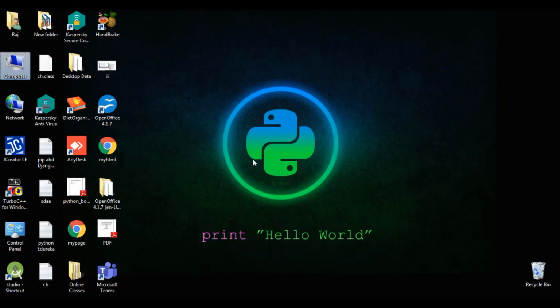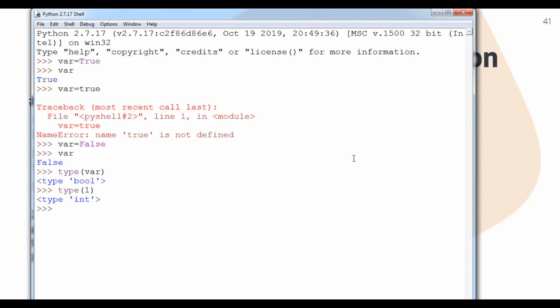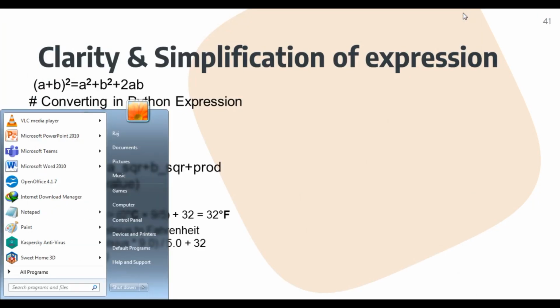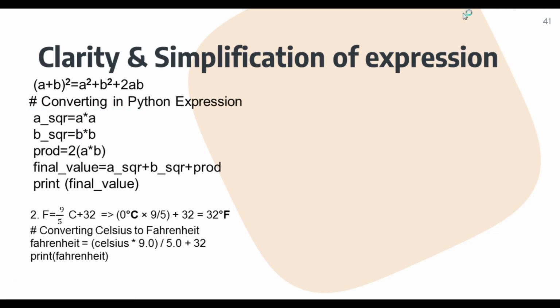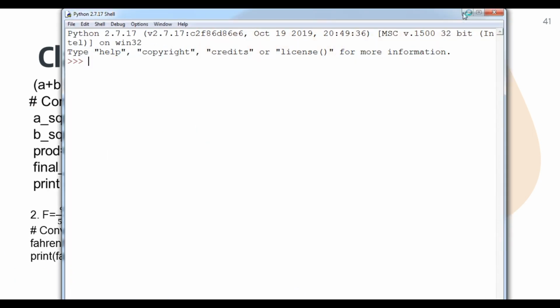So let's do it practically, student. To do that, we have to open Python. Now I'm going to perform a square plus b square plus 2ab.